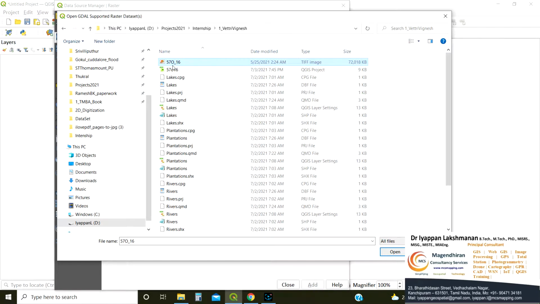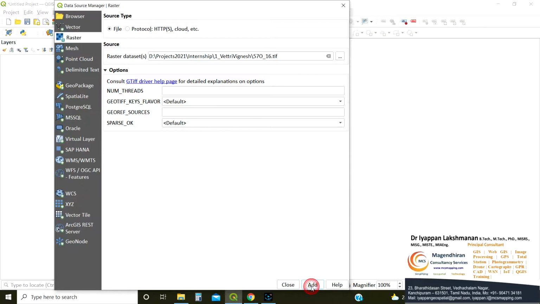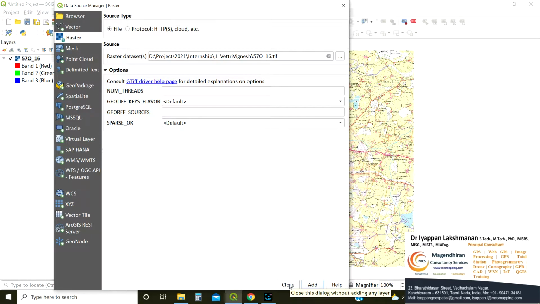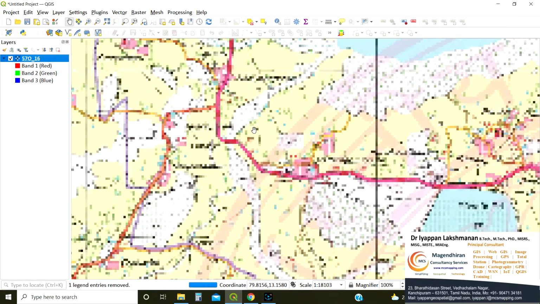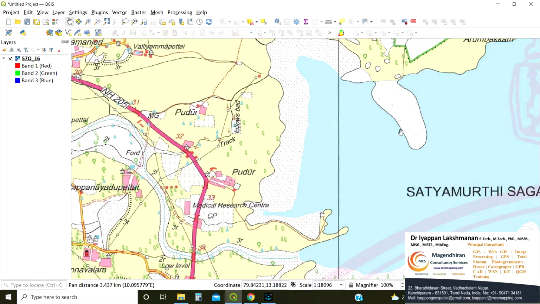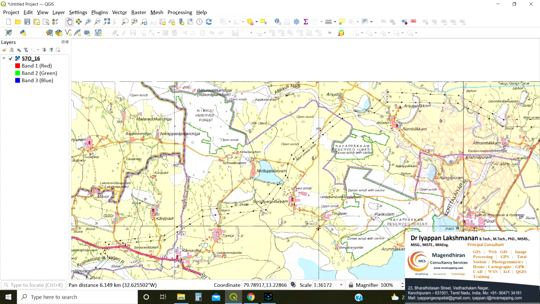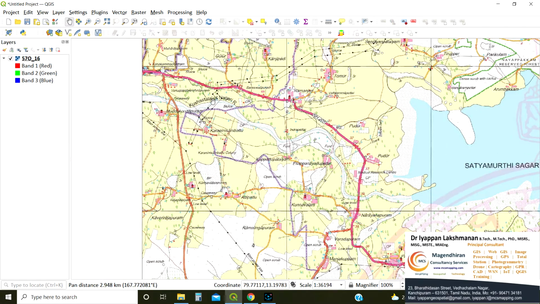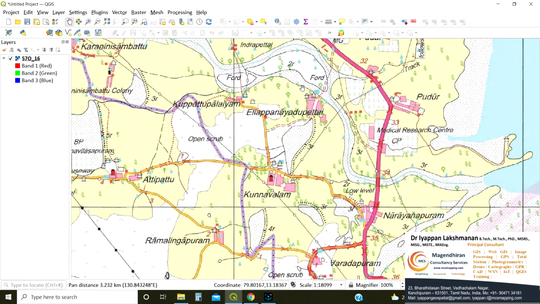So 57016, the topographic sheet number. Just to open it, you click the Add button, then close this window by clicking here. You can see the topographic sheet of the nearby Thiruvallur area. Here you can see the road network, river, this is river,